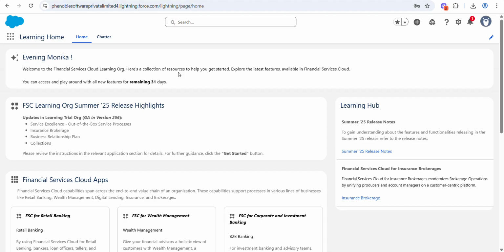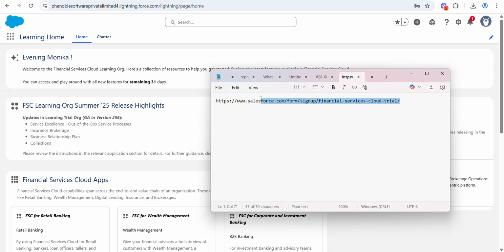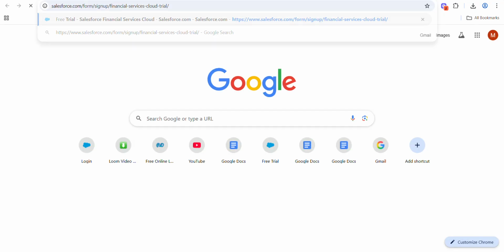In this video we are going to talk about how we can get started with Financial Services Cloud. What are the steps, and what configuration should we have in this org? First of all, we need to create a 30 days trial org provided by the Salesforce link. Let me just show you.